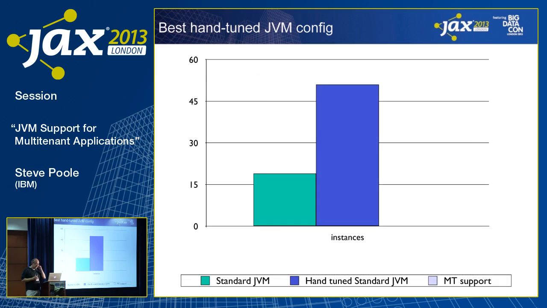Well, if I ask somebody who knows what he's doing to come along and hand tune that VM, the best we could possibly do by hand, I get something I think is about 50. So that's not bad, right? And that's good because we can make money out of sending out these consultants to tune your VM to get you double performance. Okay, that's great. So anyone going to hazard a guess what multi-tenancy